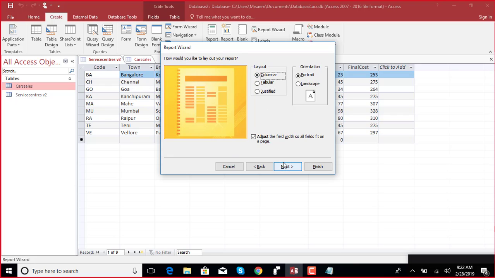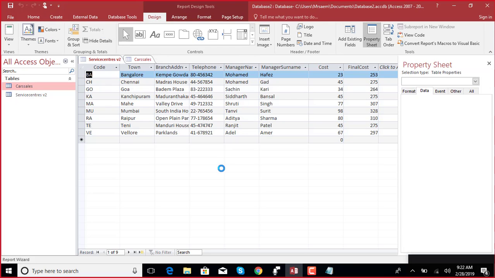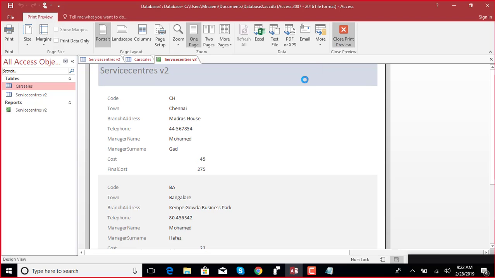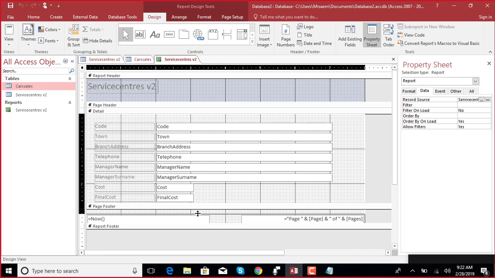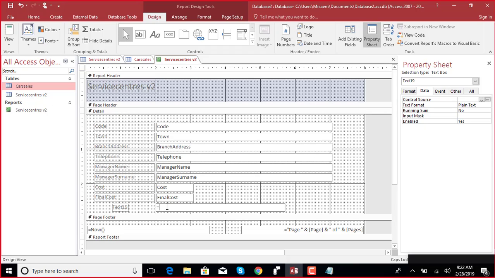Columnar is known as an invoice. Please remember that. Here you go. What I'll do now is I'll come to the design view, and over here using a text box, I will say is equal to, because in a text box you have to write equal to. Over there you did not. So I will say